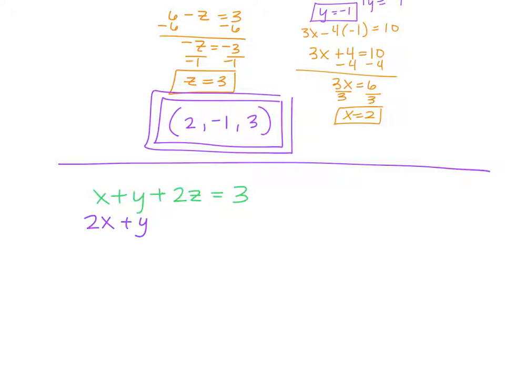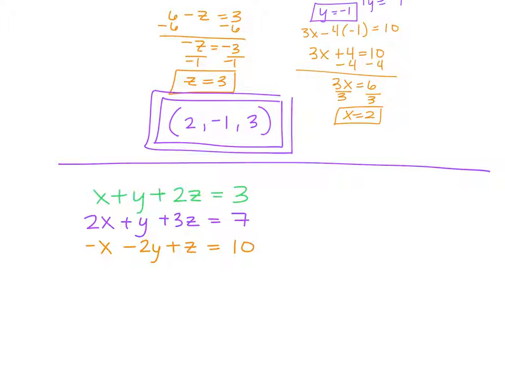Oh, sorry, that's a plus. 2x plus y plus 3z equals 7. And -x minus 2y plus z